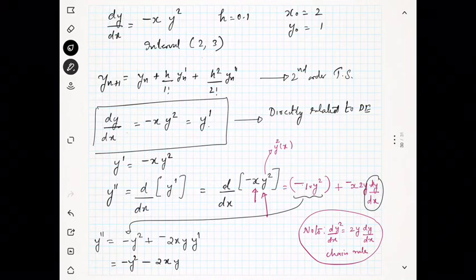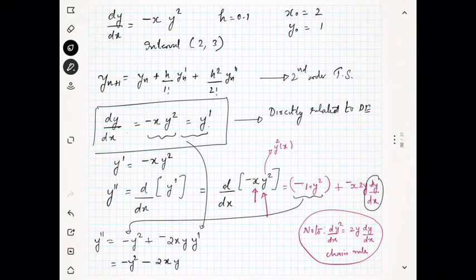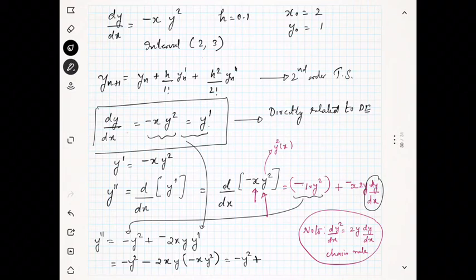It is very clear from the equation because you know this y dash. What is y dash? It is nothing but minus x into y square. So this is nothing but minus y square plus minus y square plus 2 into x square into